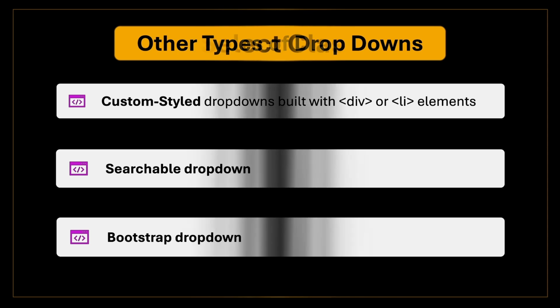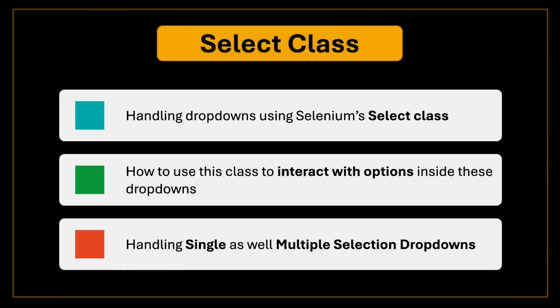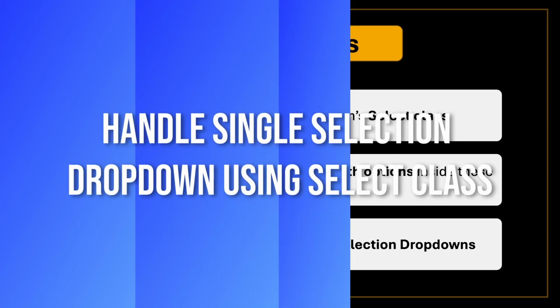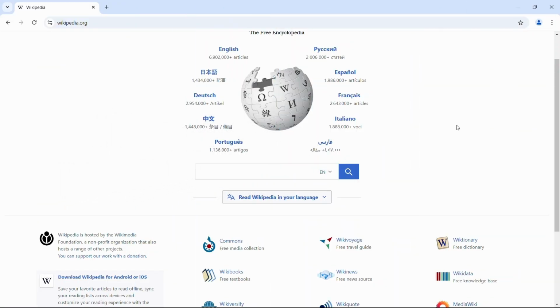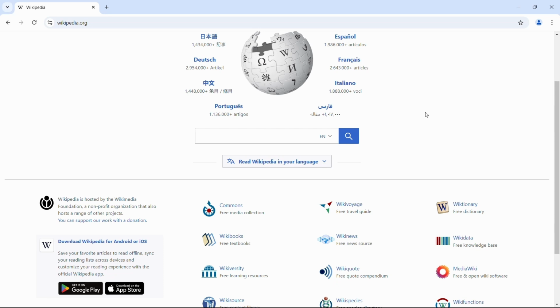So in this tutorial, let's focus on the classic HTML dropdown, where we can harness the power of select class. I'll explain exactly how to locate the dropdown, select options by text, value, and index, and even handle cases where multiple selections are allowed. To demonstrate single selection HTML dropdown implemented using select tag, we are going to use this